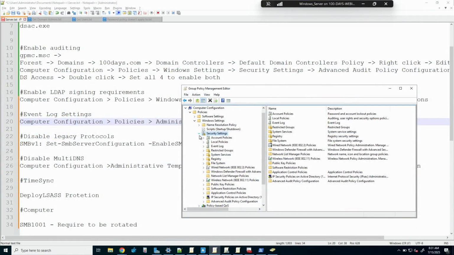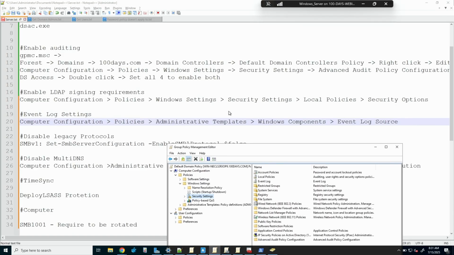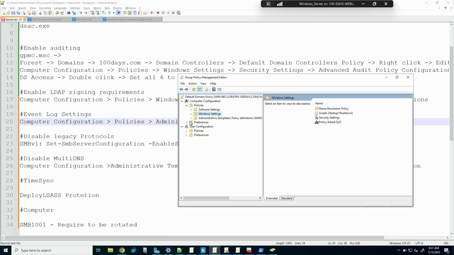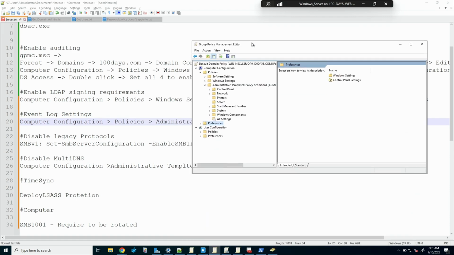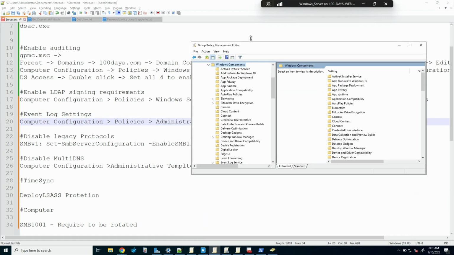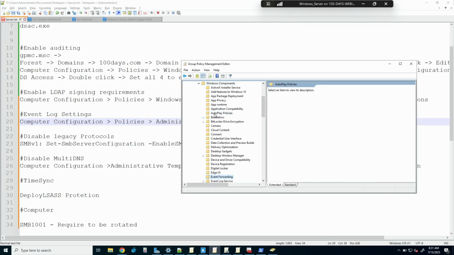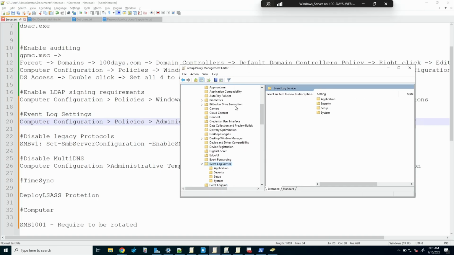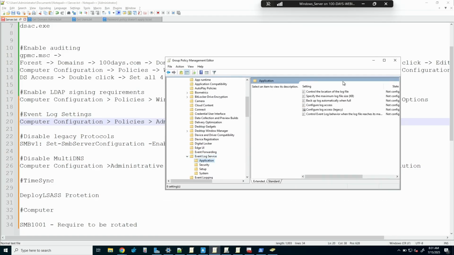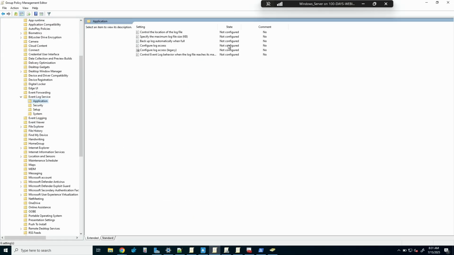Okay, so computer configuration, Windows policies, event log source. I'll go into this one as quick as I can. Windows settings. Oh no, this is administrative templates. I wish you could copy and paste into the header bar like you can in the registry now. Windows components and event log source. Will it let me even? Oh, it does let me do that. We can go into here and we can actually set settings. The ones you want to pay attention to is